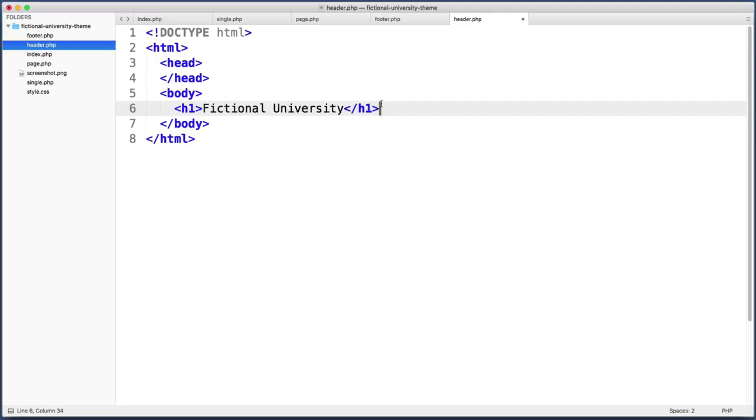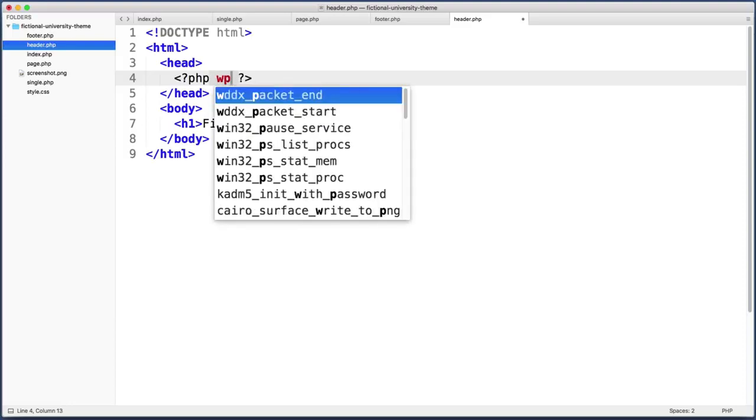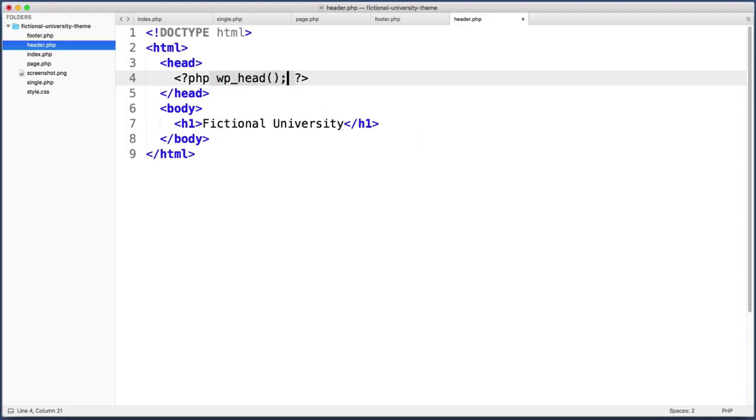All right, but back to the task at hand. The head section is usually where you load your CSS file. Only in WordPress, instead of manually including our CSS file using link, in WordPress we just call a PHP function named wp_head. And this lets WordPress be in control of our head section. So imagine down the road we install a few WordPress plugins, and maybe those plugins need to load CSS files of their own. So this function lets WordPress have the final say